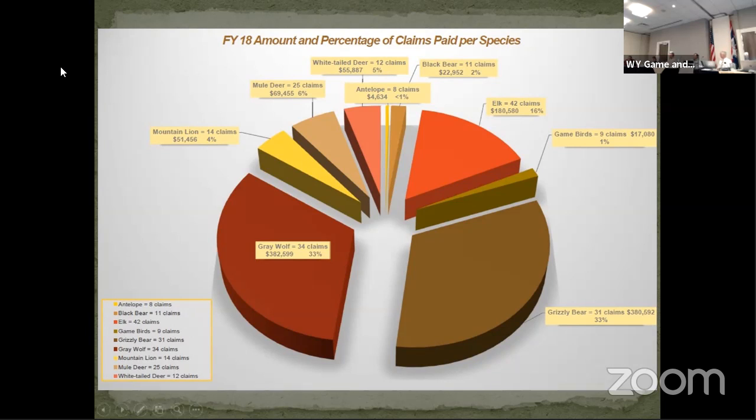It's frustrating to me to look at that and see how much money the sportsmen are continuing to pay, not only for compensating losses but for management of them. We don't want to get rid of them. We'd like to have some more control, but I would like to see, and I know it's not something you can answer, us put some more pressure if we can on the feds to help start doing something. Yeah, and as you're aware, that funding does come from a fund that was established basically through hunting dollars.